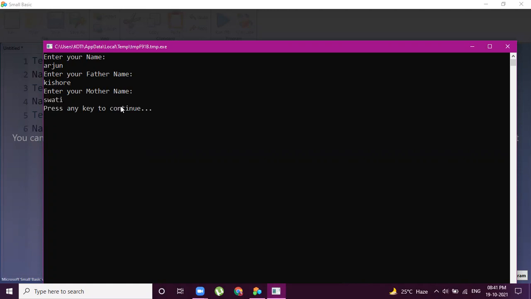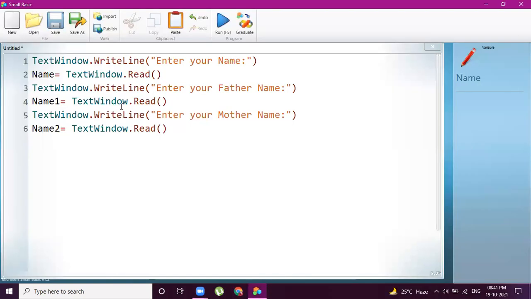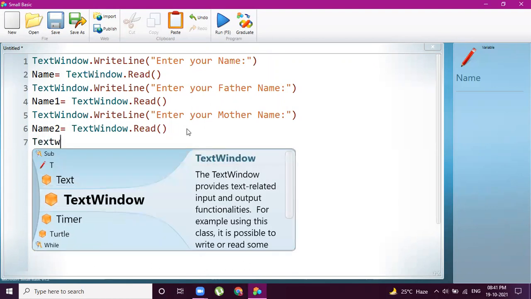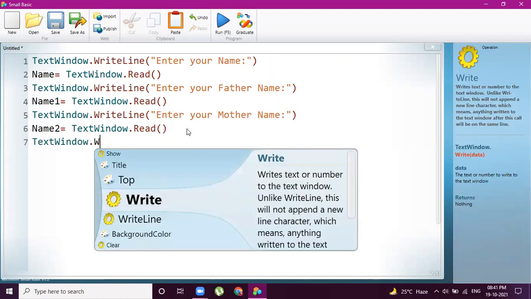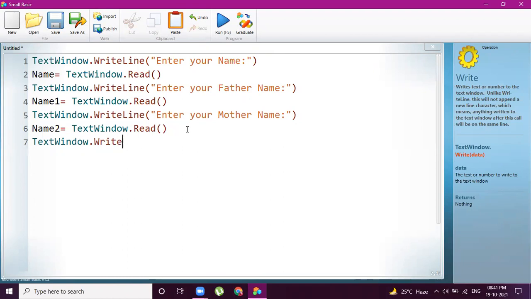So in this way, you can write the code to enter your name, father name, and mother name, and also to enter your class. Text window dot write of "enter your class".